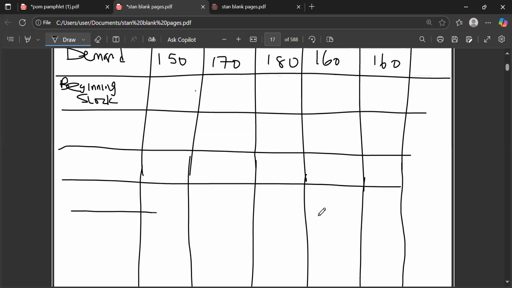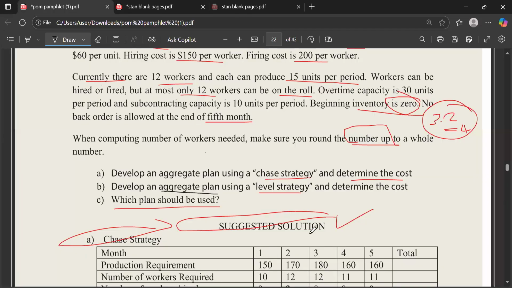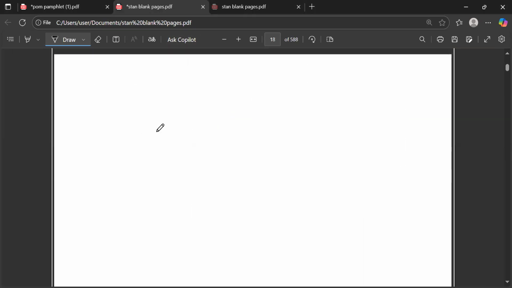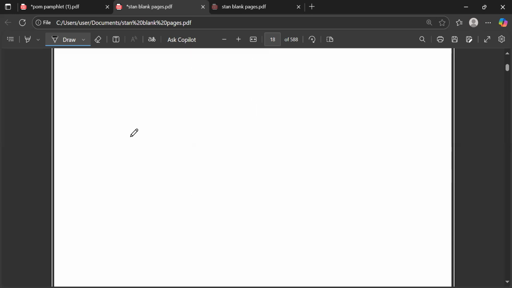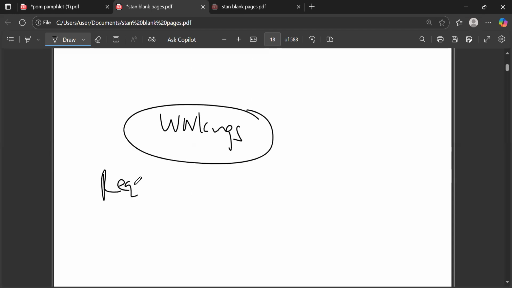Yes, I'm able to. All right, so beginning stock from the question here. Now, beginning stock was actually zero, meaning that if the beginning stock is zero, you put a zero here. Now, I want us to find our workings here. Okay? Workings. Our required production